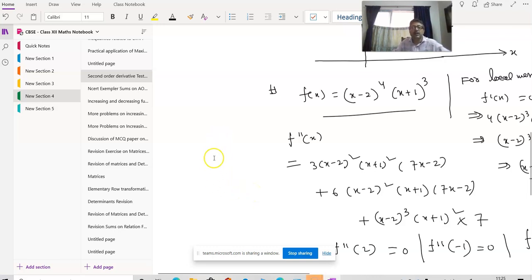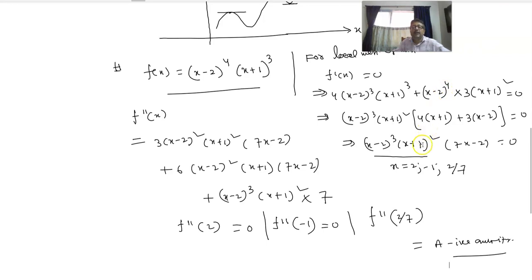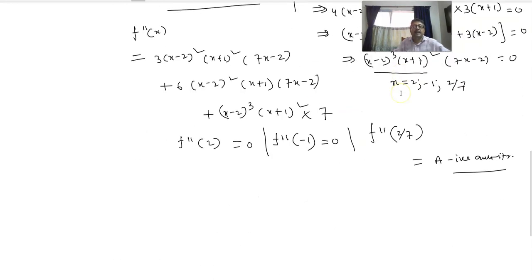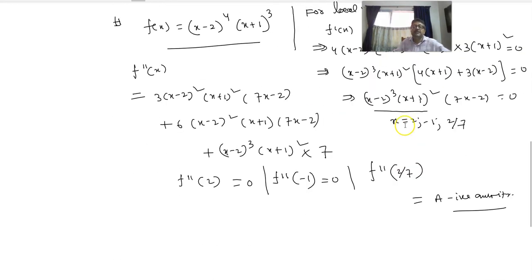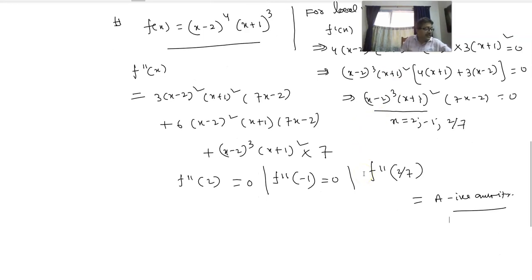Okay. So by this method, always you can find a local maximum or local minimum of a function where the steps involved are these. Just find the first order derivative, put it equal to 0, get the critical point, and then find the second order derivative, check the sign of the second order derivative. Okay, that's all. You can practice one more sum before you leave this topic.